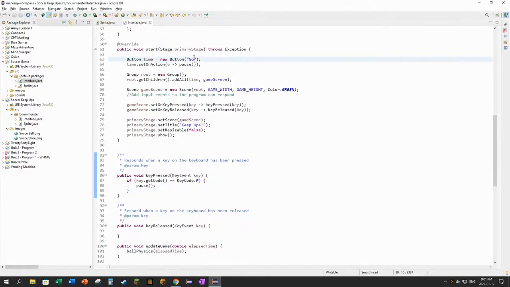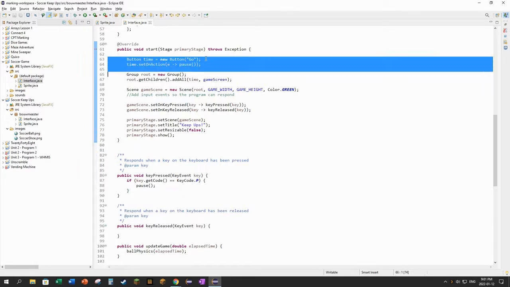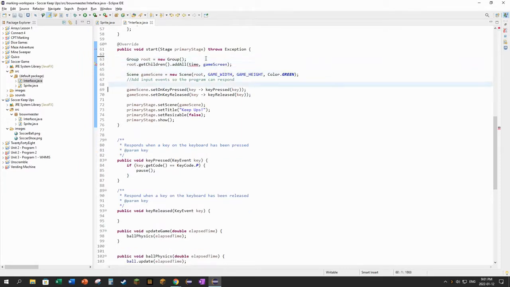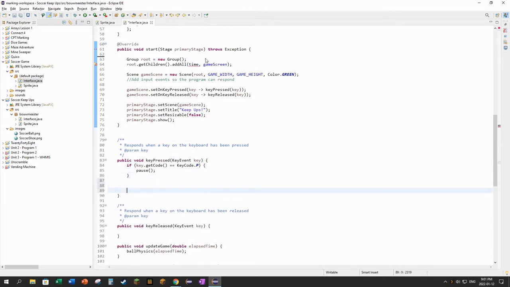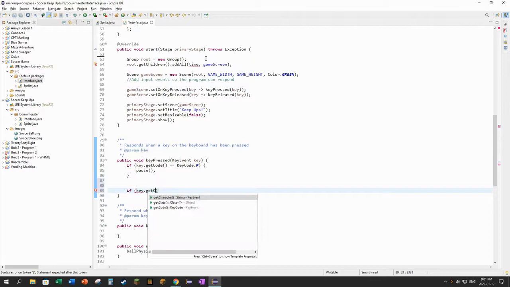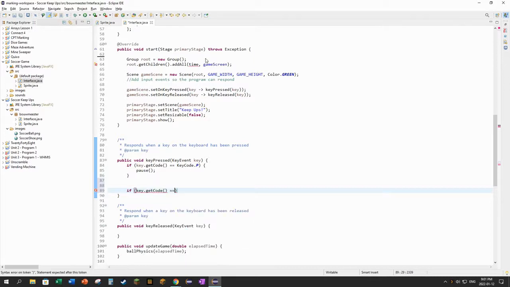I can just get rid of that because now I have a key on the keyboard that I can use instead. Another key that I'd like to respond to as soon as it's pressed is the escape key. I want to make a way to quit the game, actually. So if key.getCode is equal to KeyCode.ESCAPE,